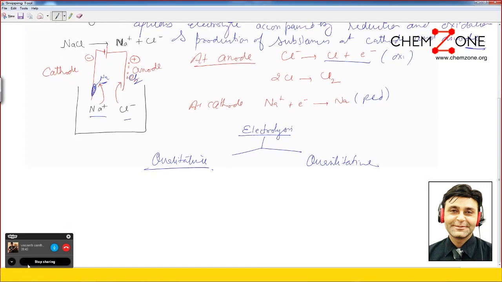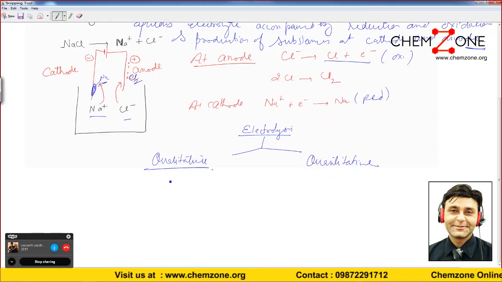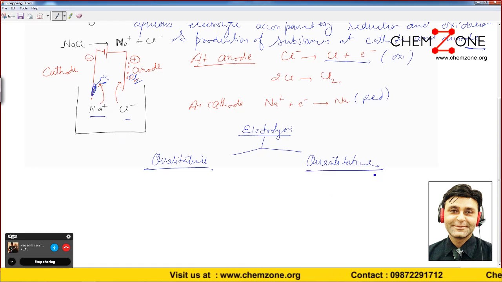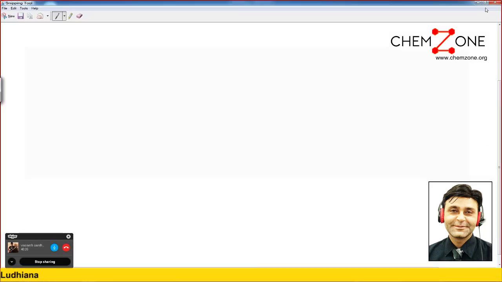In the qualitative part, first of all we discuss what are those factors which will be affecting the product formation at cathode and anode. Right? What are those factors which affect the product formation at cathode and anode? And in quantitative, we'll discuss how much it will be produced. So I'll discuss those factors first. The factors are: